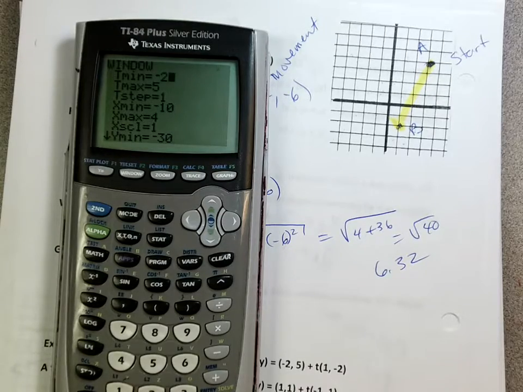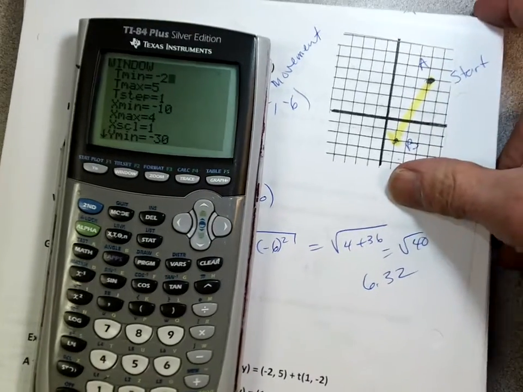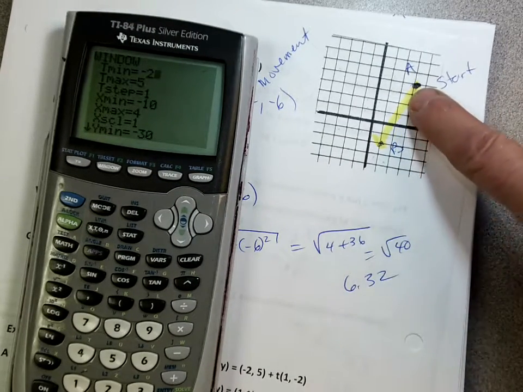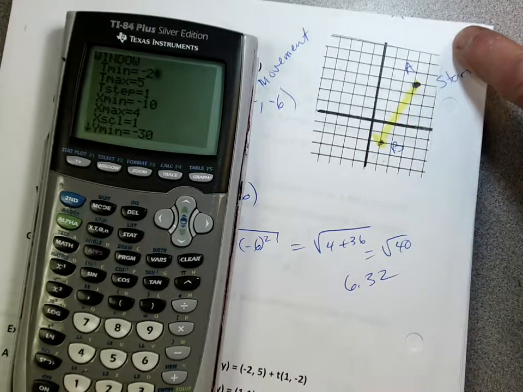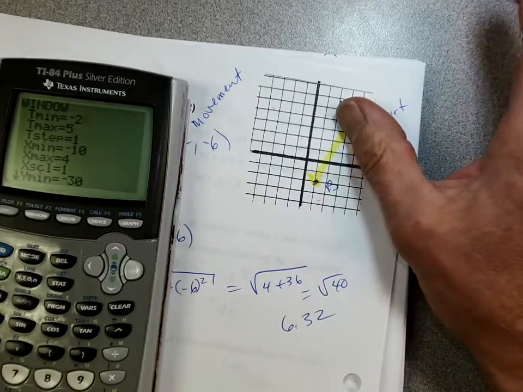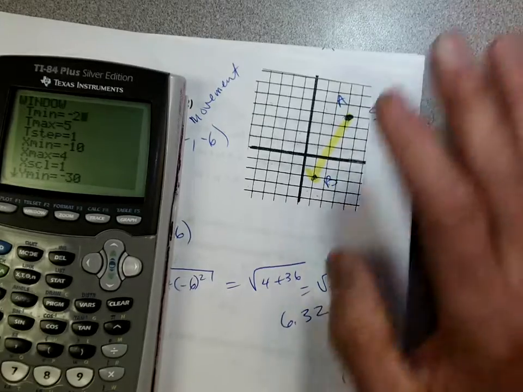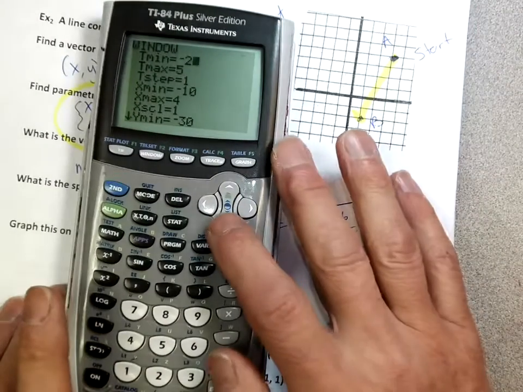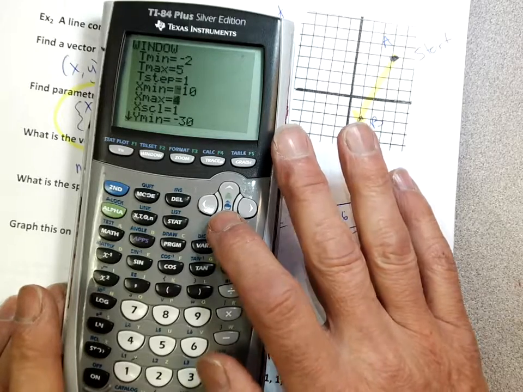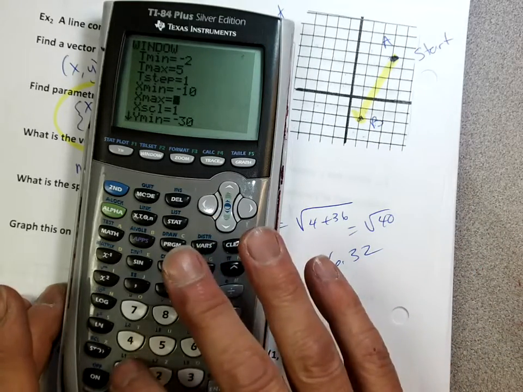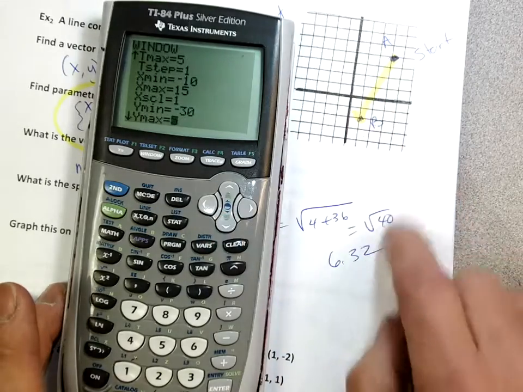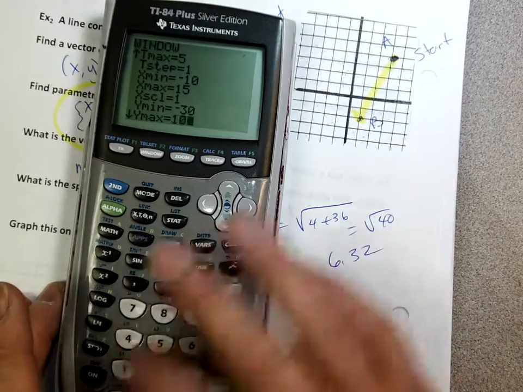Okay, so what's going to happen if we go negative time? What do you think? Just take a guess. It's going to take the point further up. It's going to start up here somewhere, does that make sense? So I better change my max and my min. My max, I'm going to probably go maybe 15, and my max on my y, I'll probably go maybe 10. If I graph it